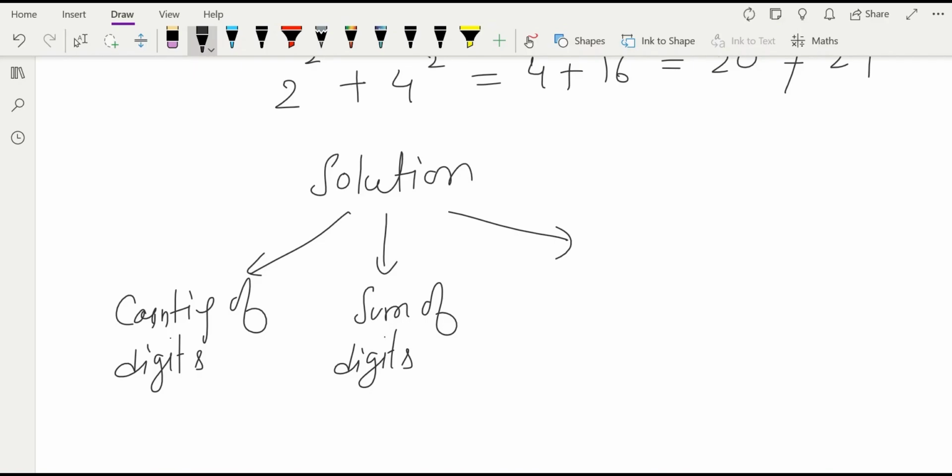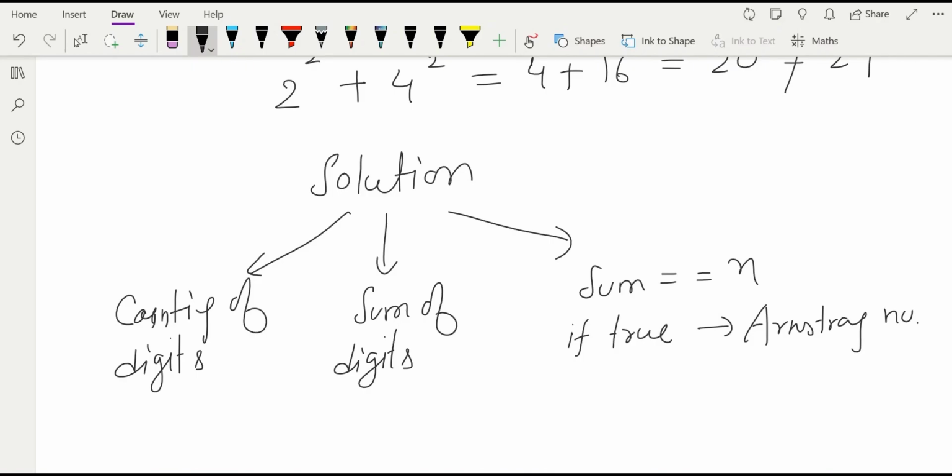In the third part, we simply check whether the sum is equal to n. If true, then it is an Armstrong number. If false, then it is not an Armstrong number.